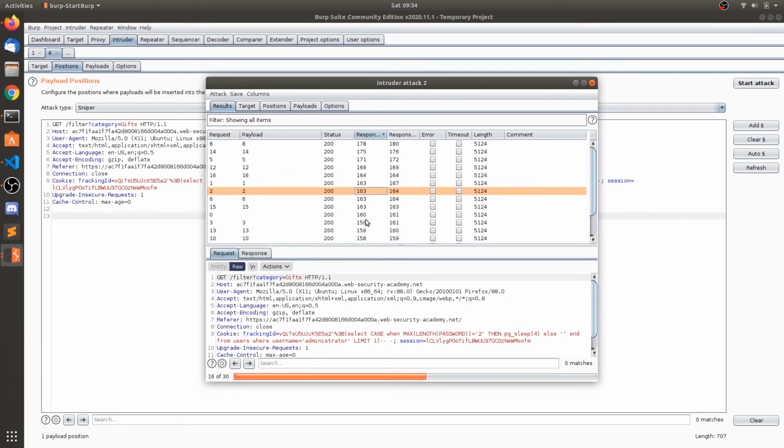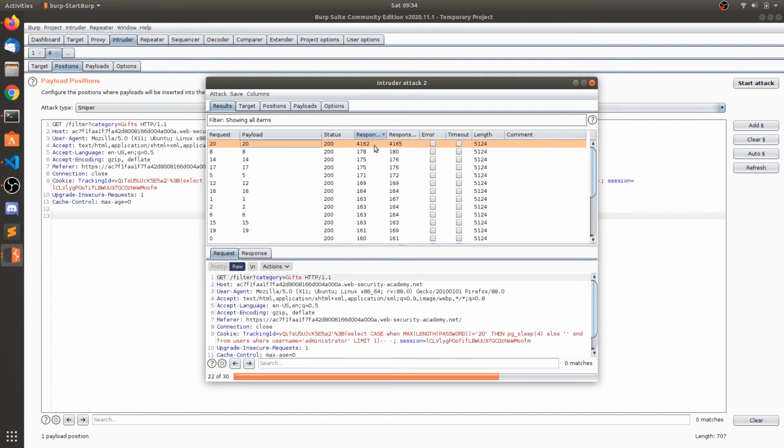So this is the time taken by the web server to process our request and send our response. So you can see the payload 20 contains the response 4162. So that is 4 seconds, greater than 4 seconds.